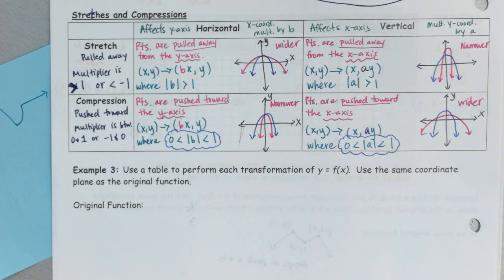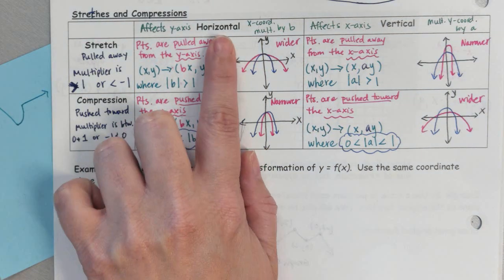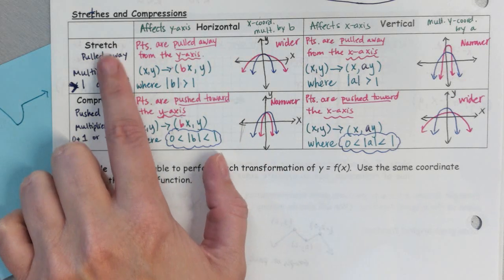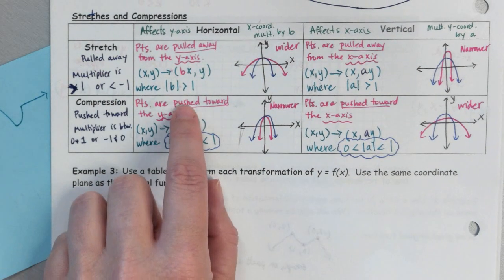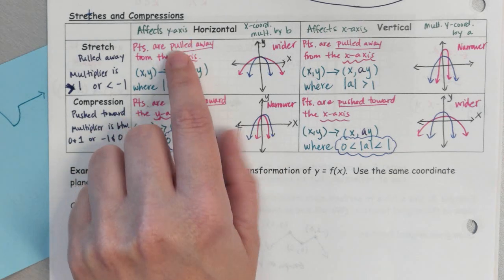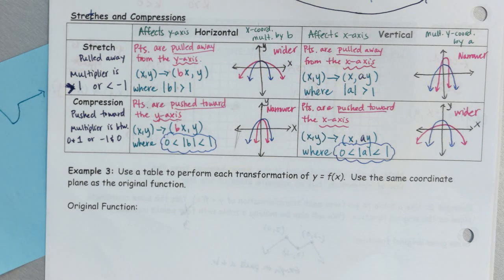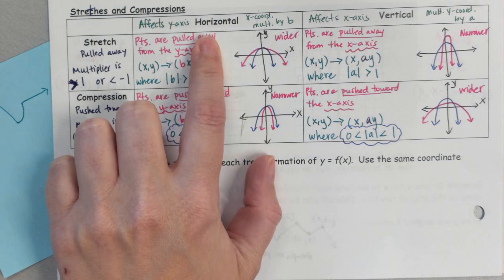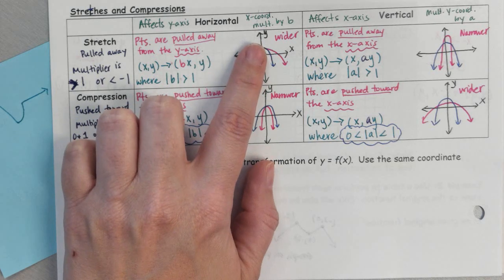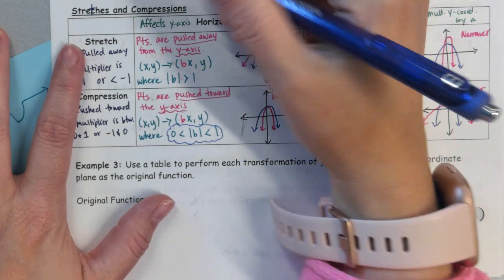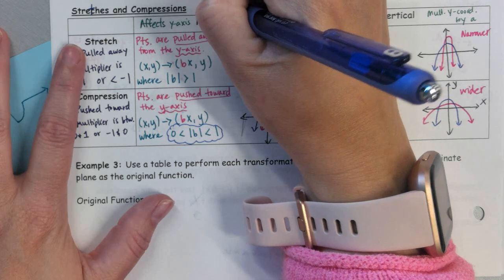Okay, so yesterday we went over the rules for stretches and compressions and what is going to happen to the graph. I just want to go over a few clarifying things. For anything that's horizontal, whether it's the stretch or compression, we have this affecting the y-axis. So points are being pulled away from the y-axis or pulled towards the y-axis. But because it's horizontal, it's the x-coordinate that's going to change. So we're just going to add that above. So if it's horizontal, it's the x-coordinate